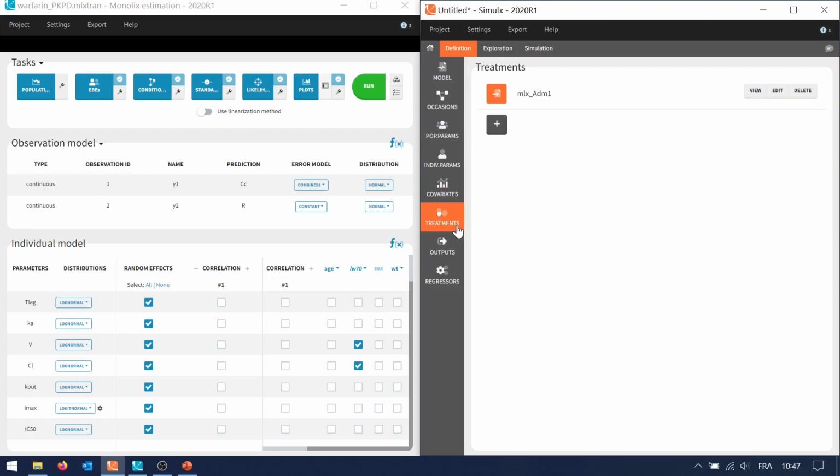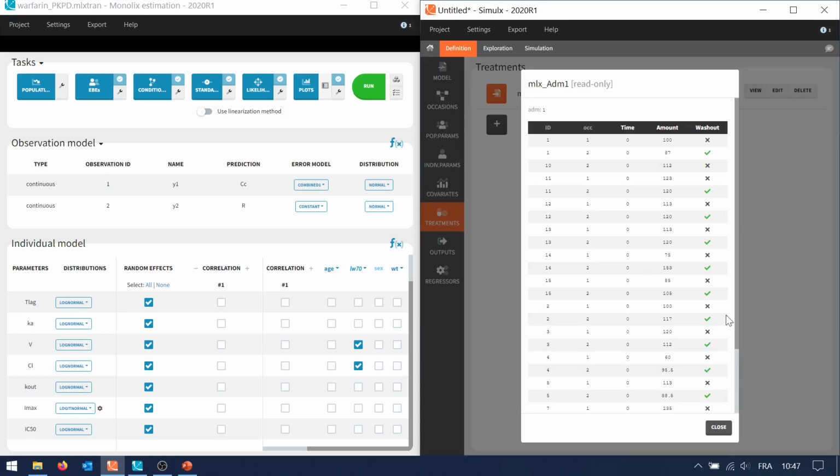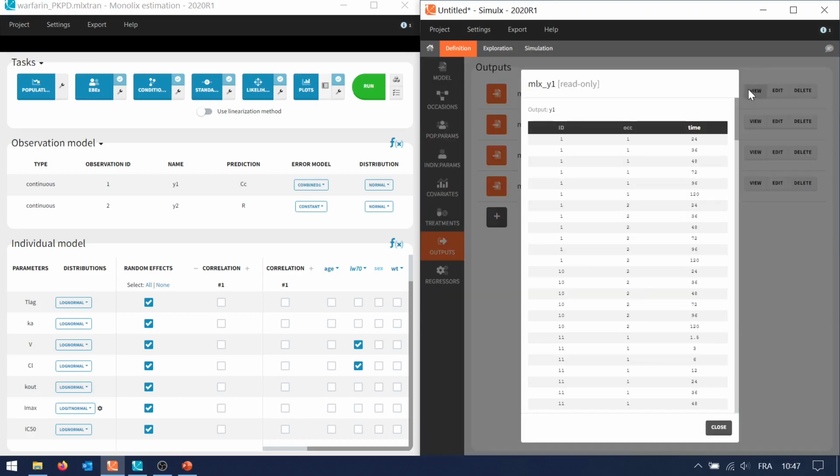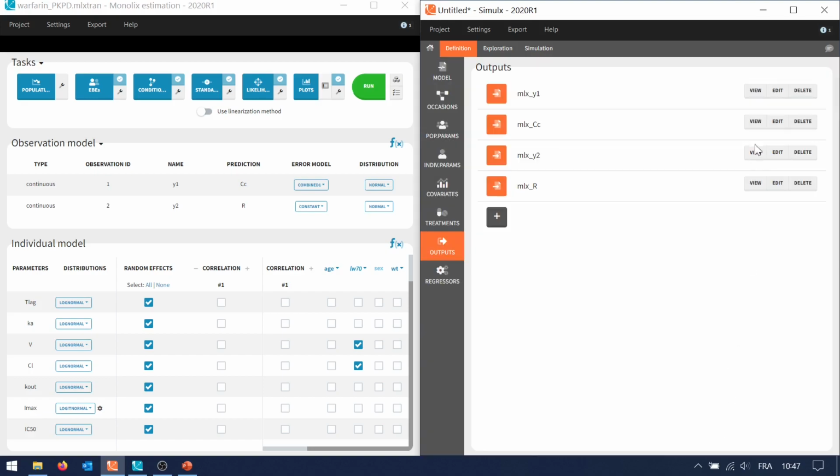In the Treatment tab, a treatment is already defined, which directly comes from the original data. In the Output tab, by default, observation times are imported from the data for each of the observations, in our case Y1 and Y2. The simulated observations correspond to the predictions plus an error term.